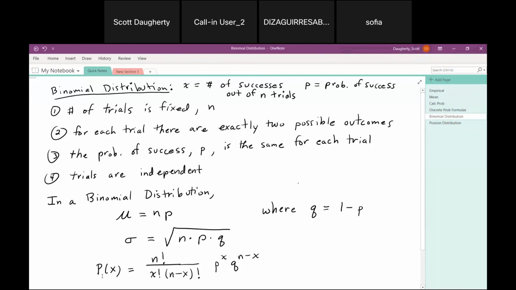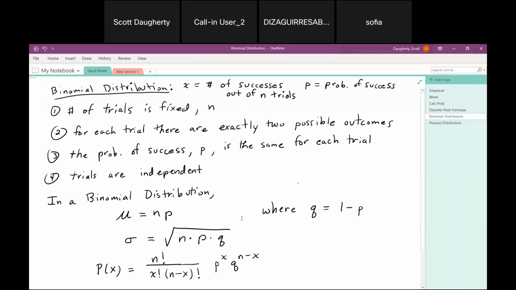And then at the very bottom, you can see we're able to calculate the probability of a certain number of successes out of n trials, which, by the way, is how we define a random variable in this particular situation. So the random variable in a binomial distribution, now remember, x is the way we define a random variable. So x stands for random variable. And in this case, for a binomial distribution, it's the number of successes that you have when you run your n trials. And down here at the bottom, we'll be able to determine the probability of getting a certain number of successes when we run our n trials. Okay, so that's the probability formula.